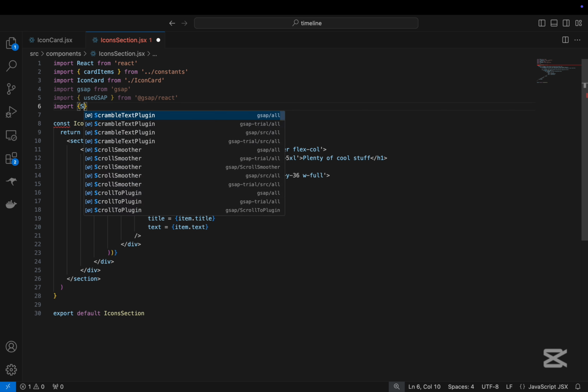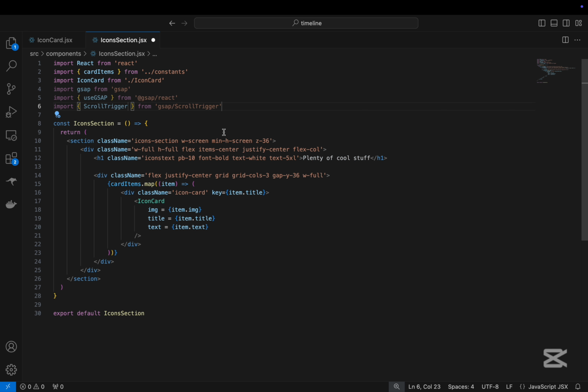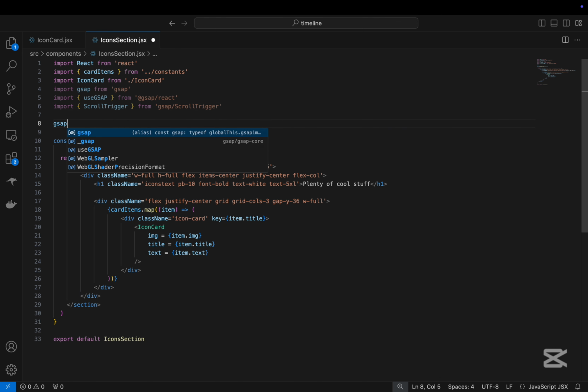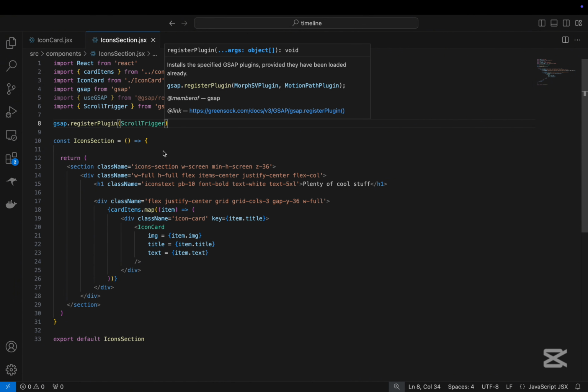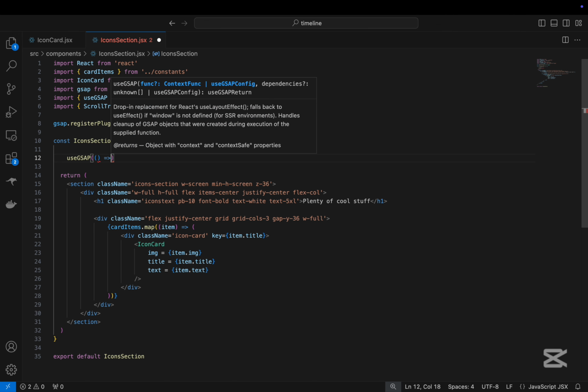Let's import ScrollTrigger from gsap/ScrollTrigger. This is a plugin which we will also need to register. So outside of our component, let's write gsap.registerPlugin(ScrollTrigger). In here, let's create the useGSAP hook, type it out just like a normal useEffect, and inside of